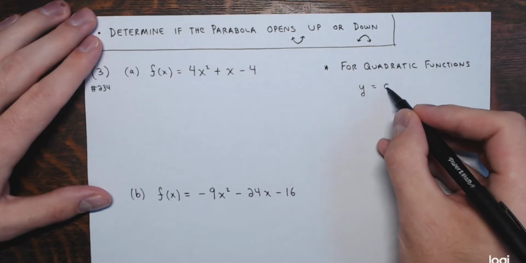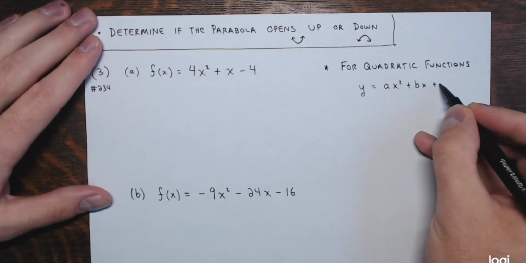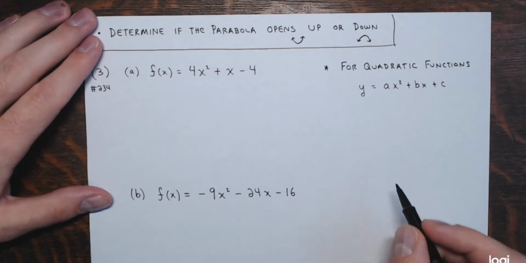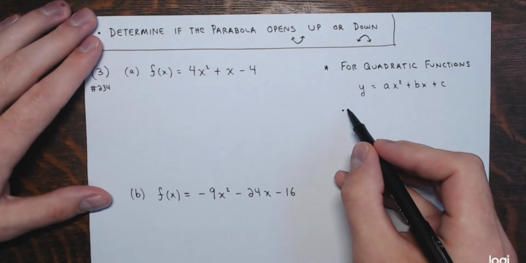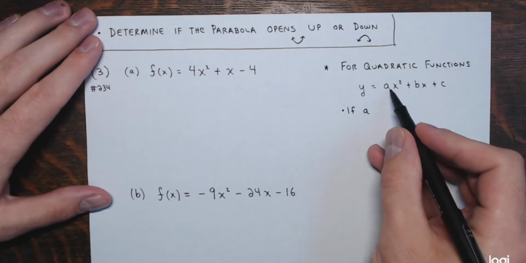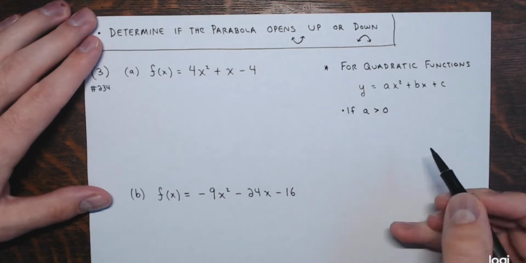Y equals ax squared plus bx plus c. Y equals some quadratic polynomial in standard form. If a, the lead coefficient, the coefficient of the quadratic term, is positive,